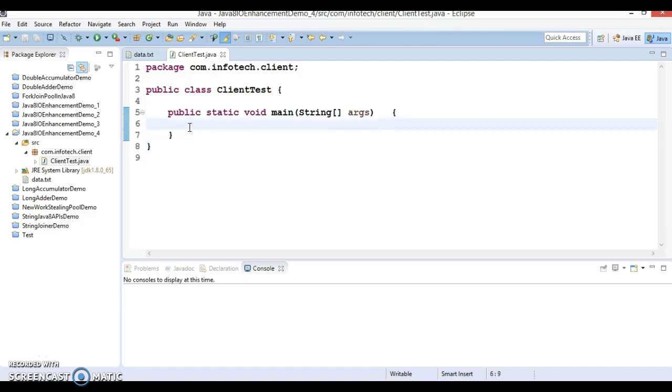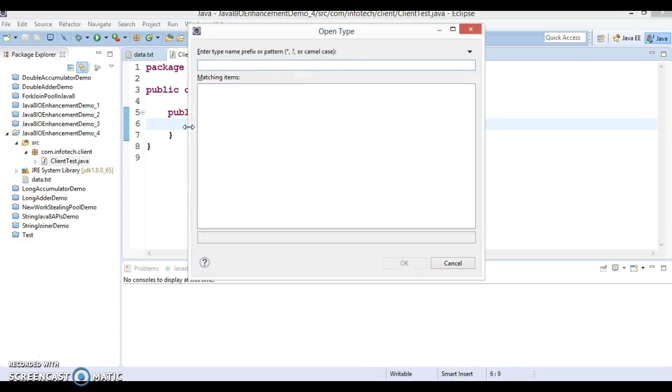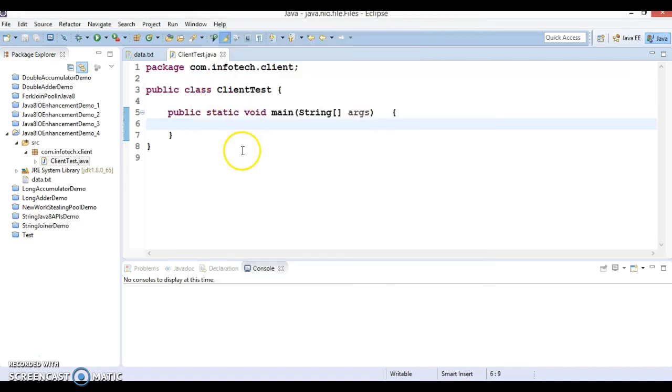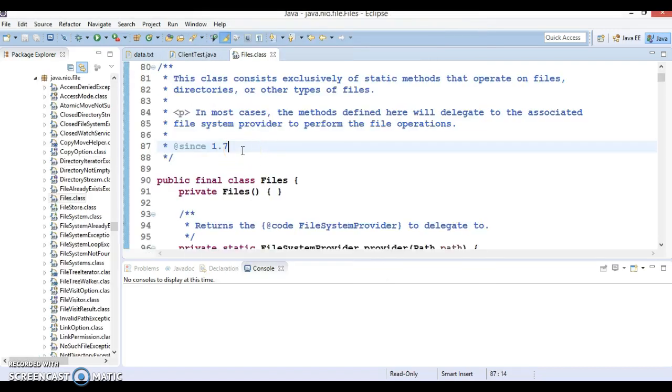In this video tutorial we are going to talk about one of the new methods that has been added in the Java class. It's called Files. So let's press Ctrl Shift T and try to search for Files, and here is the Files class. In this class a lot of methods have been added in JDK 1.8, but in this video tutorial we'll talk about the method called